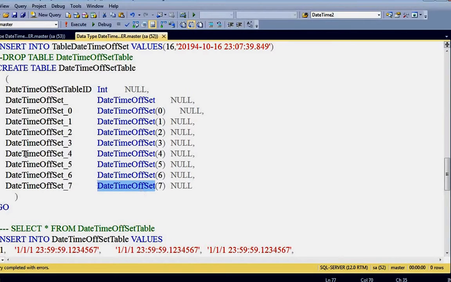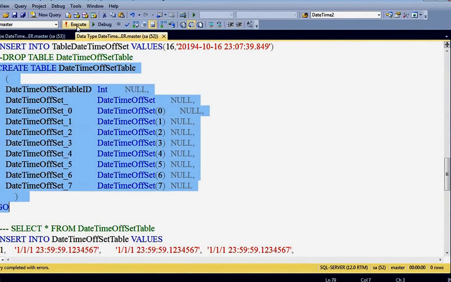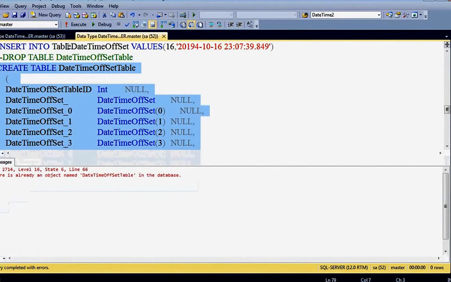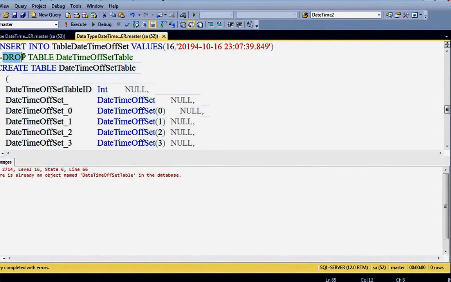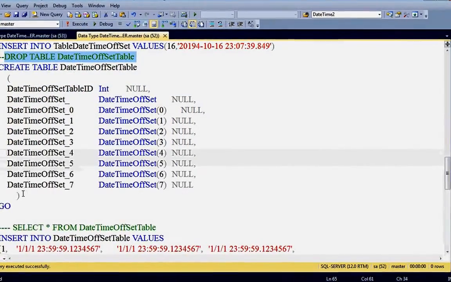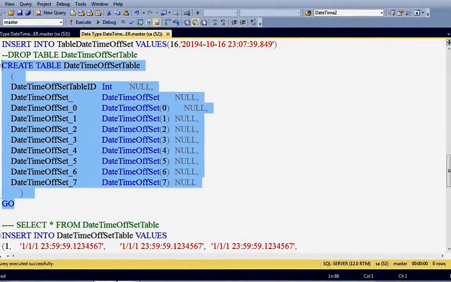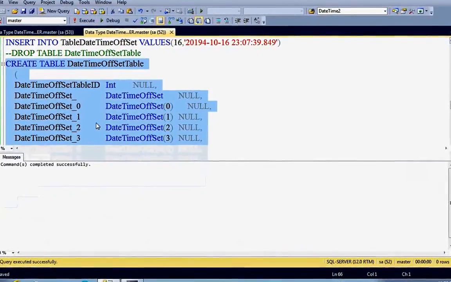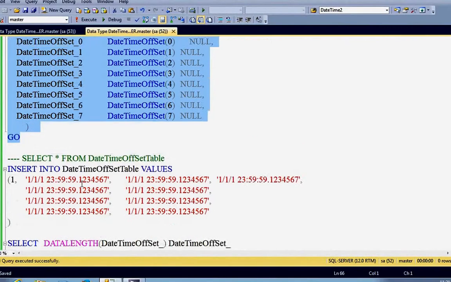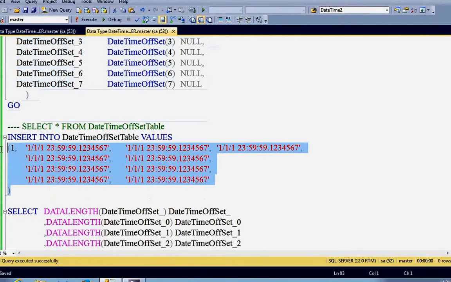Okay, now let's create this table. This already exists, so let's drop this table. Once we drop it, just create this table again. The table is created. Let's insert these values.